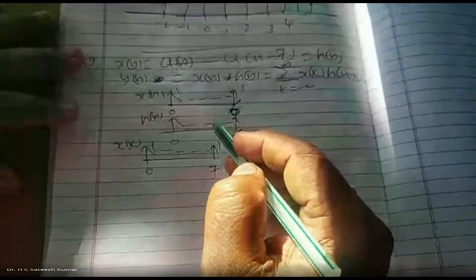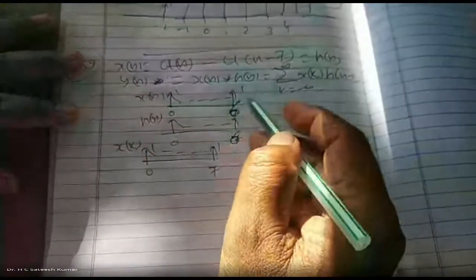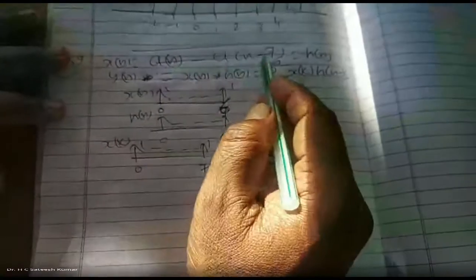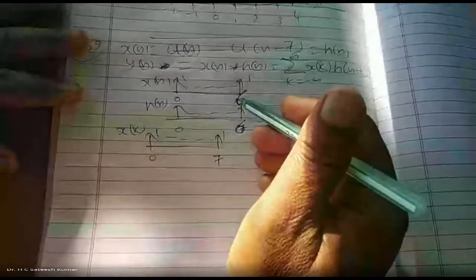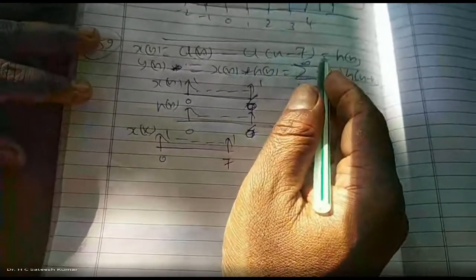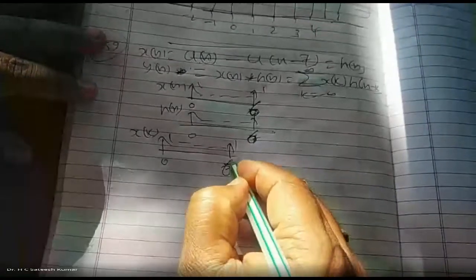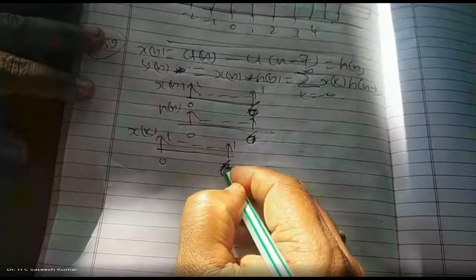So carefully you should observe all these things. Sometimes in a continuous time signal, u of t minus 7 means you take 0 to 7. But when it is discrete, the 7th element also gets subtracted. As I said, it is correct. You should take 0 to 6. So this is also 0 to 6. So what will I get? x of k is 0 to 6.